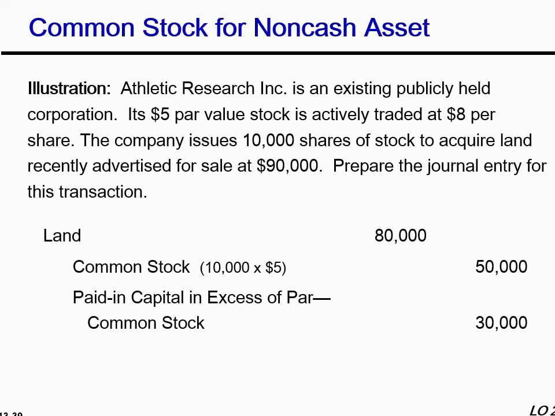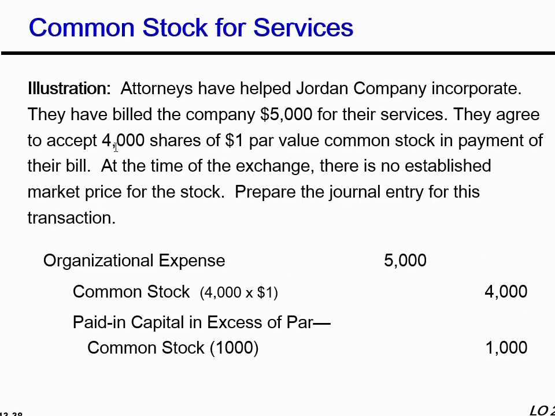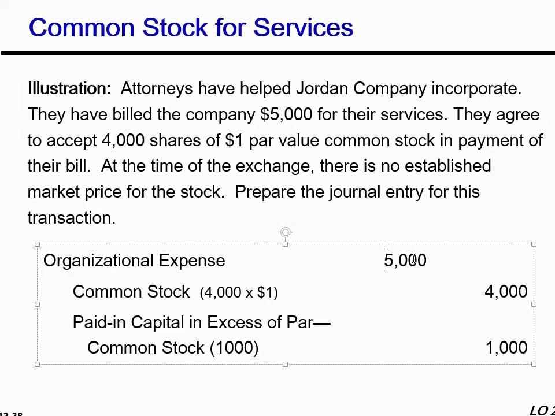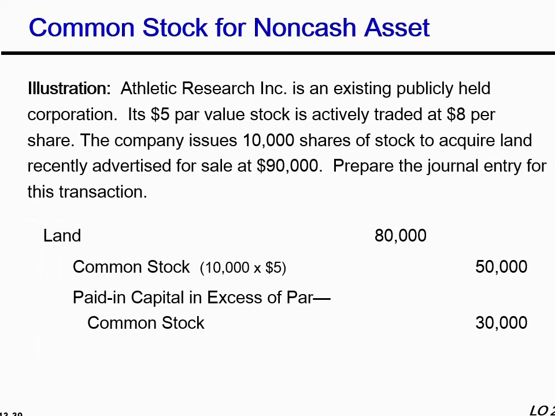Let's take another example. In this example, I do not have the fair value of consideration given up. We give shares, right? Our consideration given up is the fair value of shares. We don't have that in this question. But yes, consideration received is $5,000. A bill is clear evidence. That's why I record the journal entry based on the bill amount. The second example is for the fair value of shares.